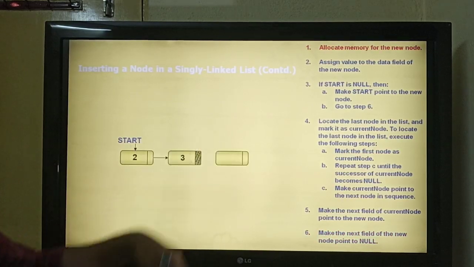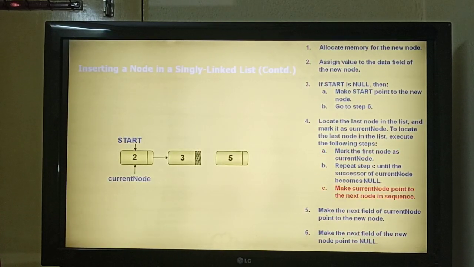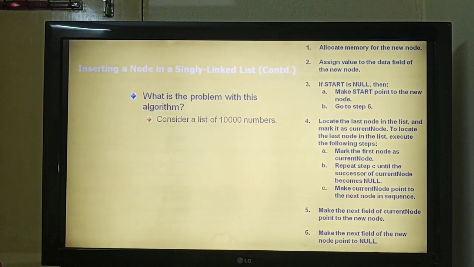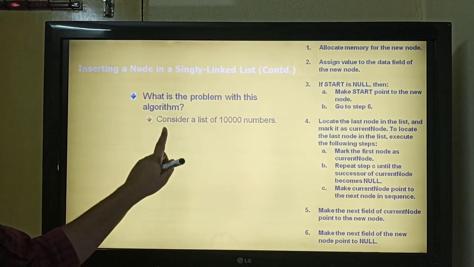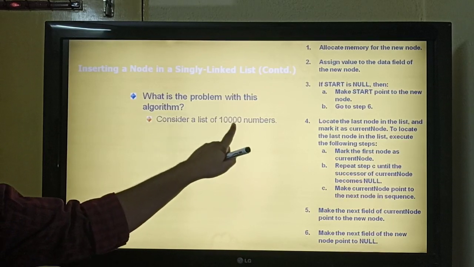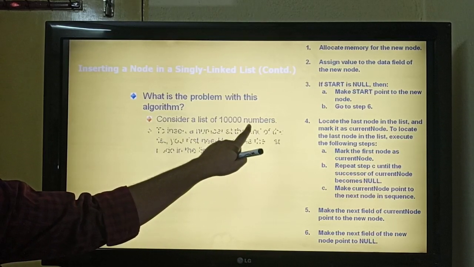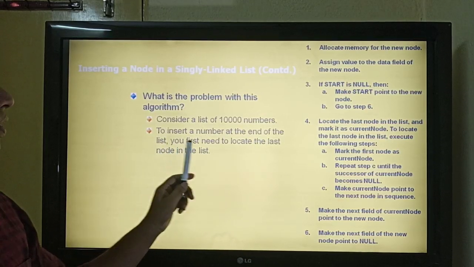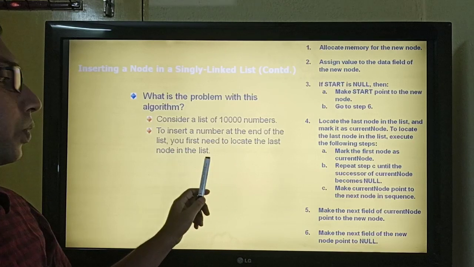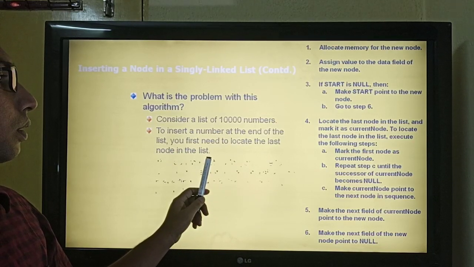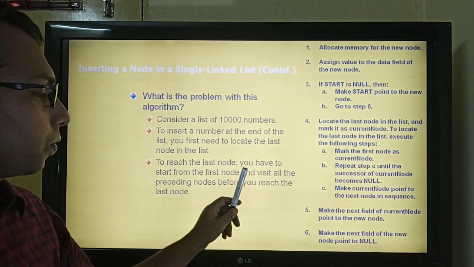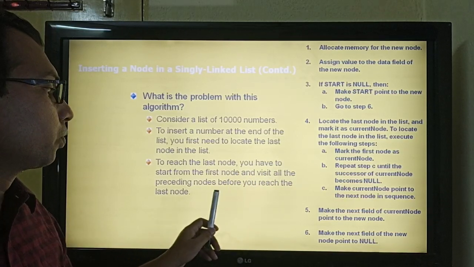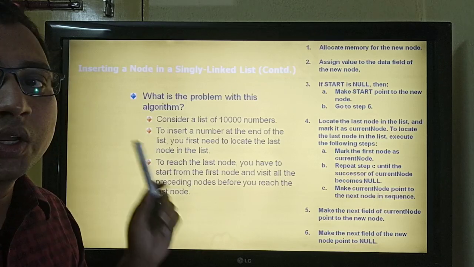So I am going to skip all these things. Now see, consider a list of 10,000 numbers. To insert a number at the end of the list, you first need to locate the last node in the list. To reach the last node, you have to start from the first node and visit all the preceding nodes before you reach the last node.